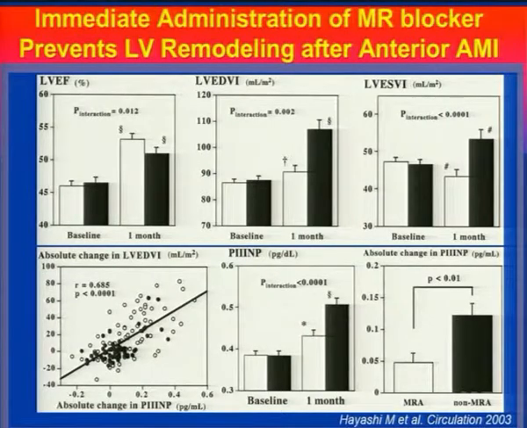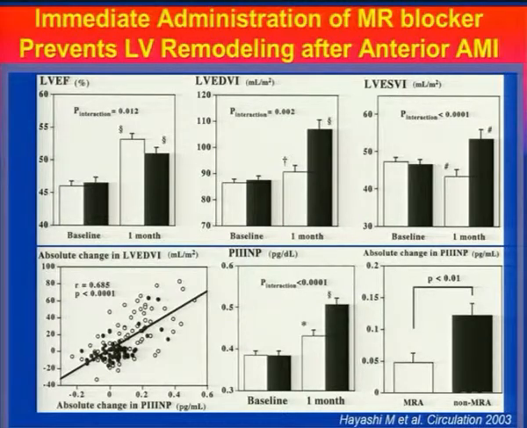So this study was done in patients with anterior acute myocardial infarction, measuring LVEF, EDV, and ESV, by giving spironolactone 25 milligrams per day. And this MR blocker increased ejection fraction and decreased the end-diastolic volume and the end-systolic volume, and also